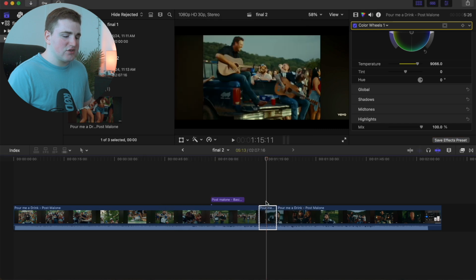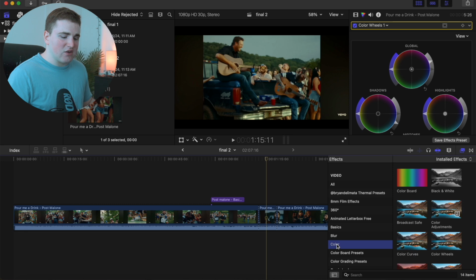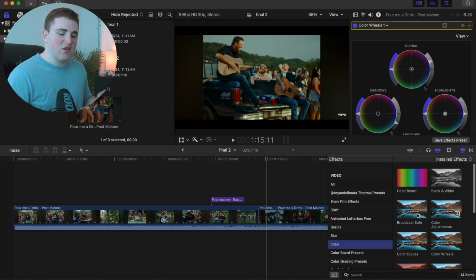So if we click on cancel, you saw the category said colors. So if we save that, we would go to this category right here, colors, and scroll down. As you can see, talking head, this is a lot that I've saved, so you're just going to locate which category you want to have it saved, and there you go. That's how you literally save your own effects. So instead of having to redo everything from scratch, if you want to create a LUT or some sort of preset, you can just save it to your effects presets folder and you can use it for future